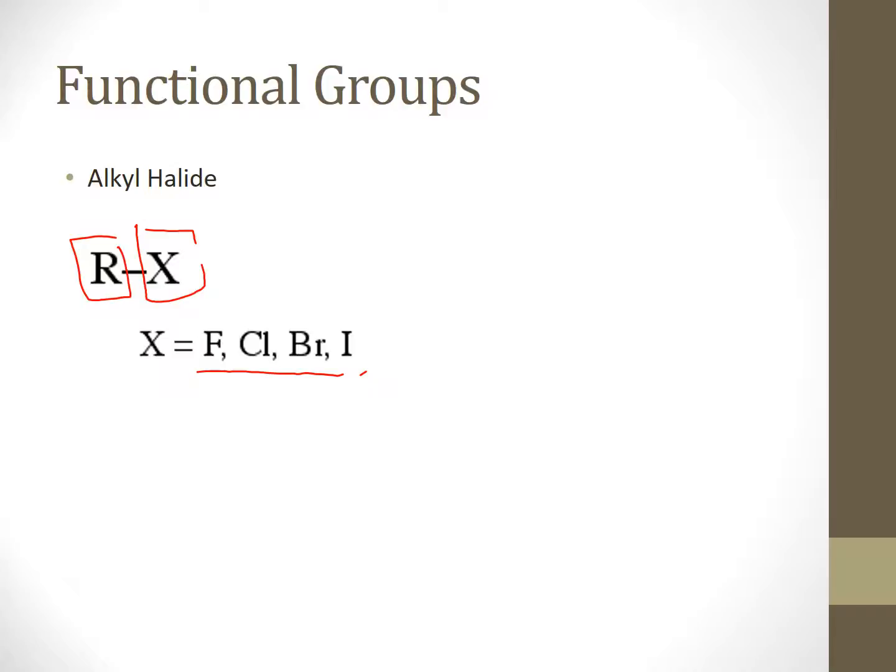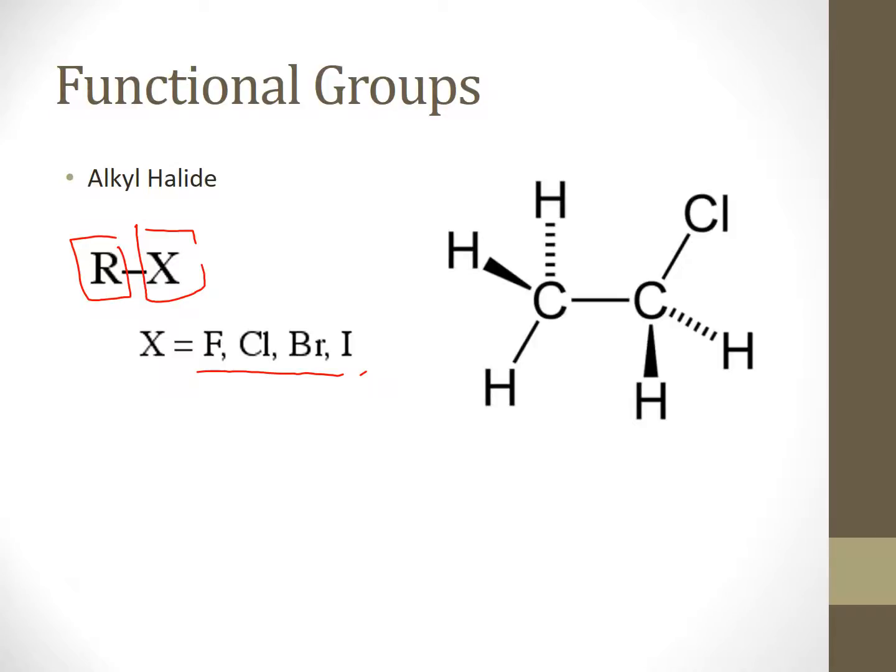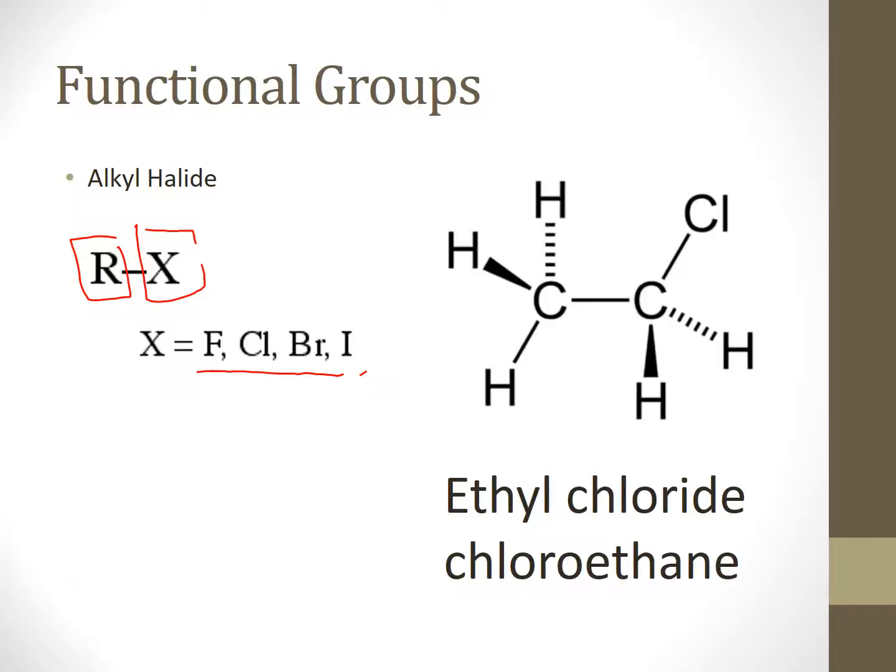Now, I think I have an example here. In terms of naming, these are pretty simple to name. I believe in the presentation before this one, we covered alkanes, alkenes, and alkynes. And one of the things we went over is how to name this 2-carbon species here, and we said that was ethane. So normally it would be called ethane, but since we have this other species up here, the halide,